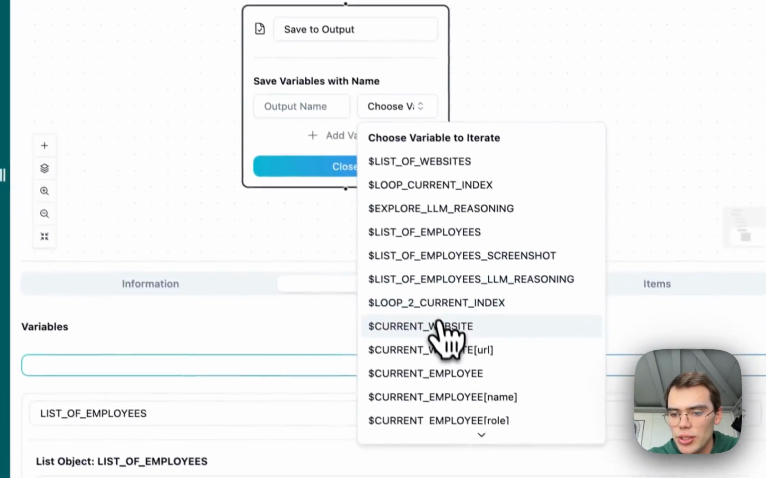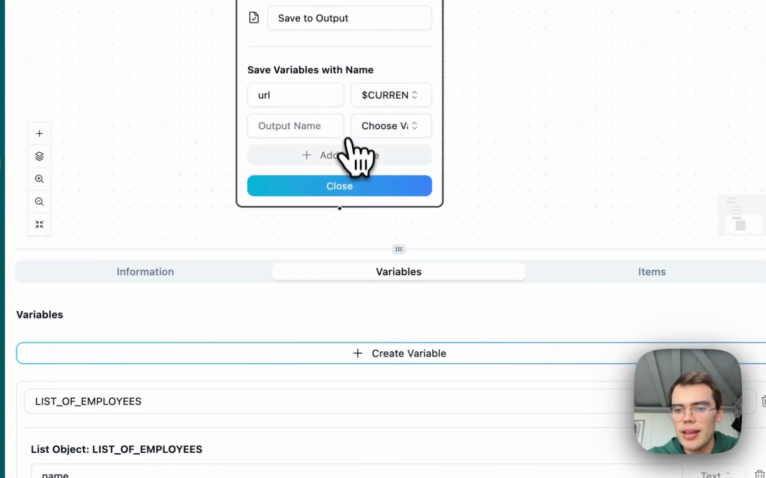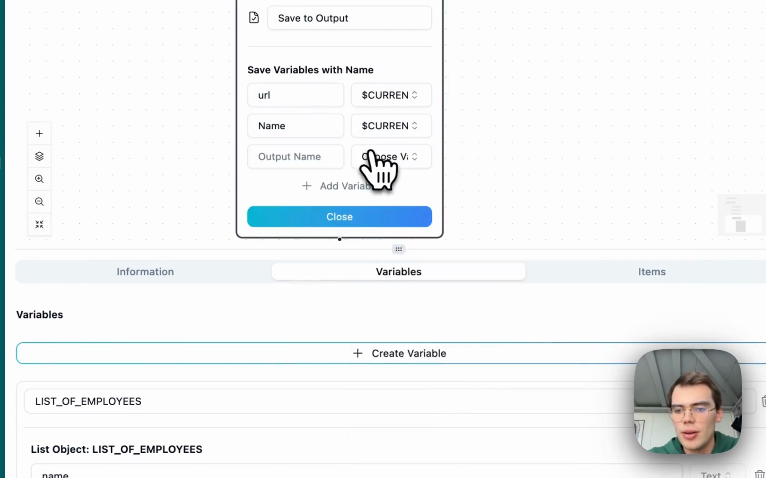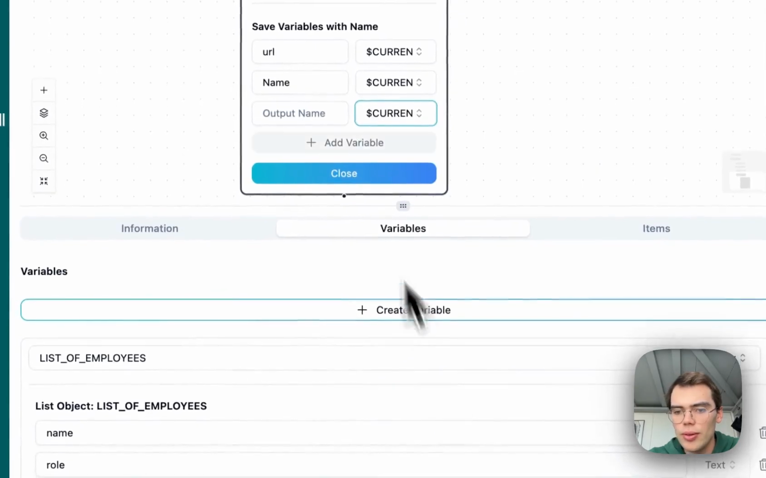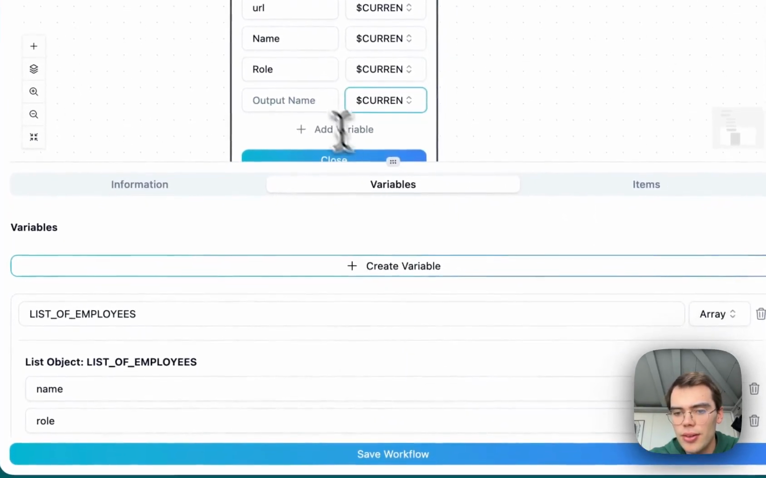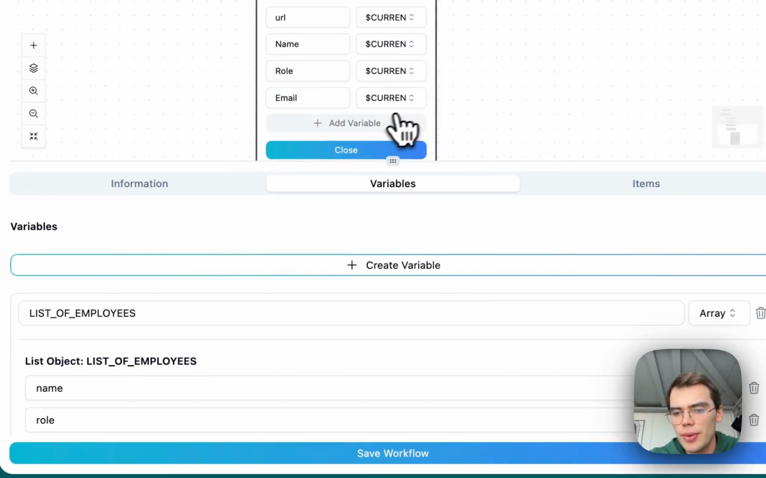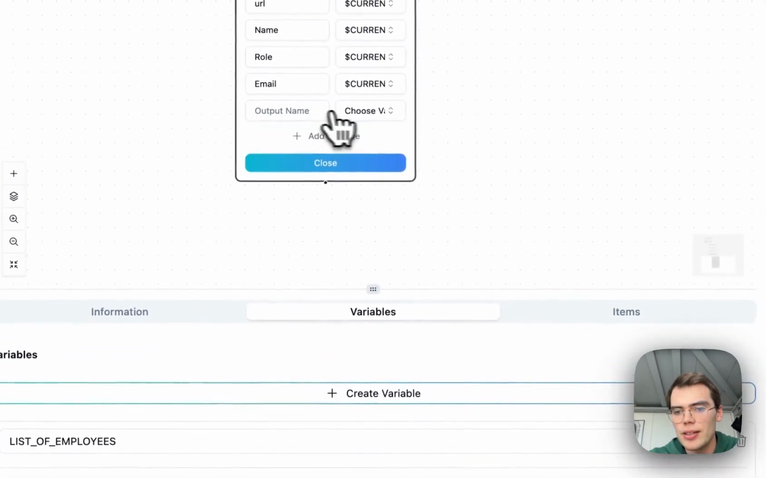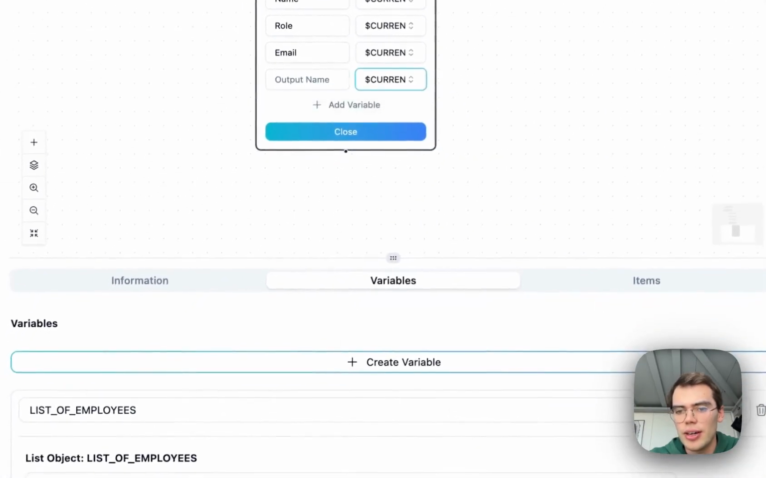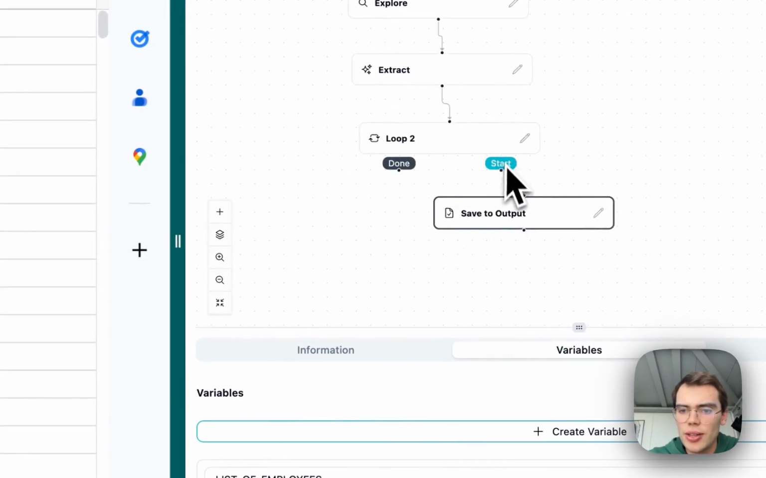And here we'll just want to, maybe we'll save the URL that we're on. So we'll save the URL. And then we will save the employee name. We'll save the role. We'll save the email. And we'll save the phone. Let's see. Save the phone. Great. Cool. Okay, so then we start this here